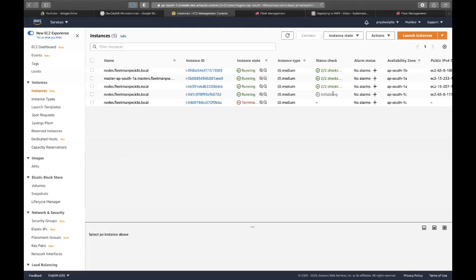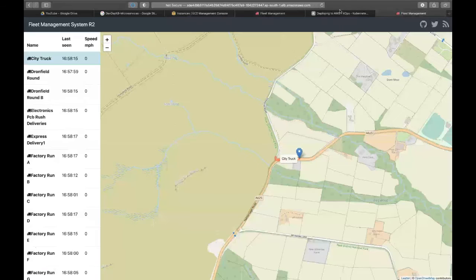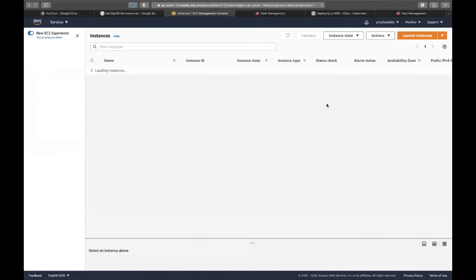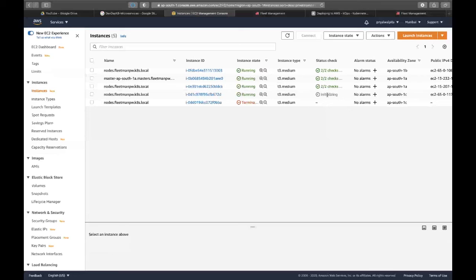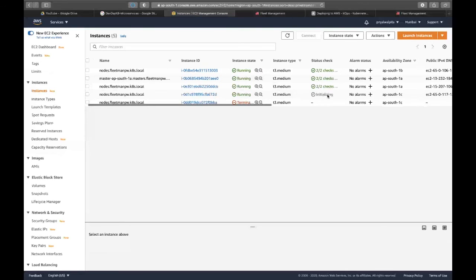I think we need to give it like 1 or 2 minutes time. So the idea is that the application would run even at a physical level hardware failure. Kubernetes makes sure the application is running, right? So when this thing came up to life, then we would be able to see the vehicle is moving, which means that our application is working correctly. Till it is initialized, it will take another 1 or 2 minutes time.